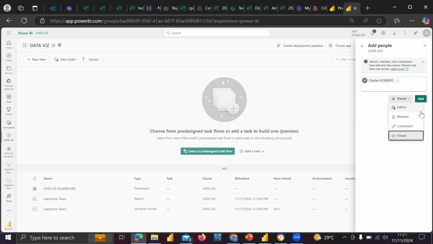In as much as you want to collaborate with your teams, you still need to be very careful of the kind of roles you're assigning to people. For example, if you assign an admin role to your colleague, and that person mistakenly deletes any content within your workspace, that content is automatically deleted. There is no remedy to that.